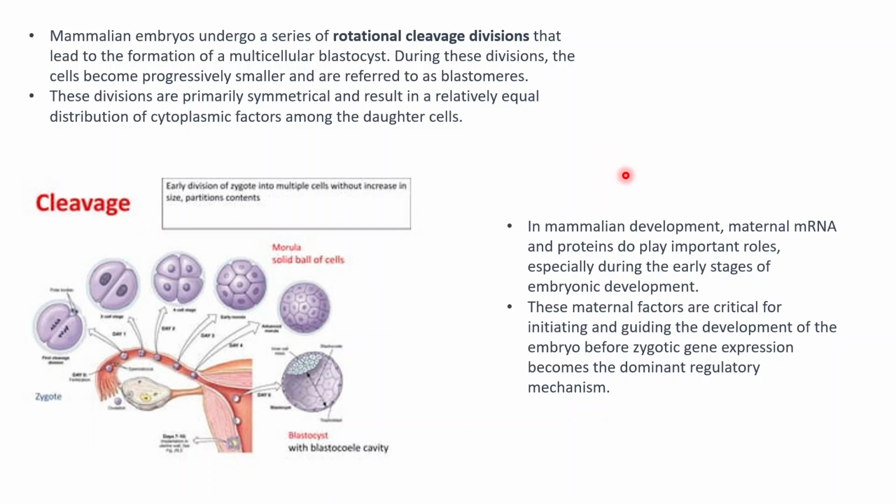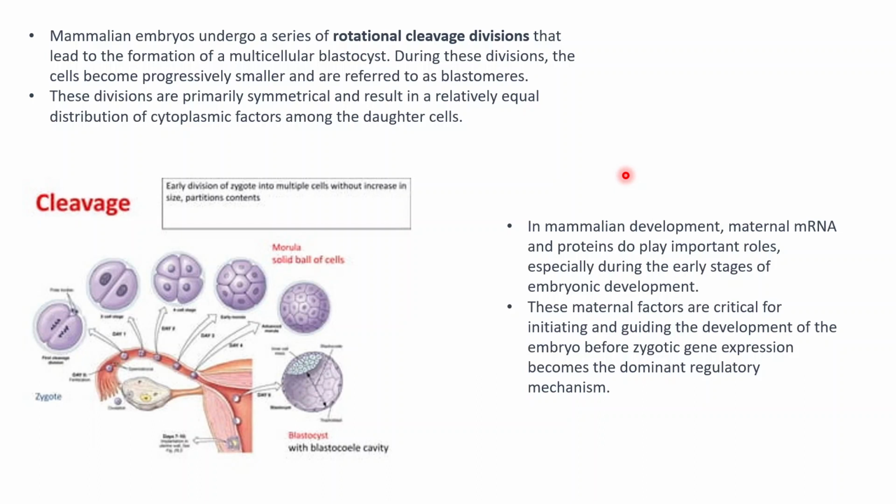And in mammalian development, maternal mRNA and proteins do play important roles, especially during early stage of development. So even before fertilization happens, the mother lays the egg with maternal mRNA and proteins already infused inside the egg. Now when the sperm starts fusing, the maternal mRNAs are dumped into the zygote. These maternal factors are critical for initiating and guiding the development of the embryo before zygotic gene expression becomes the